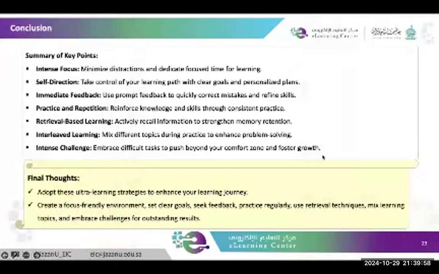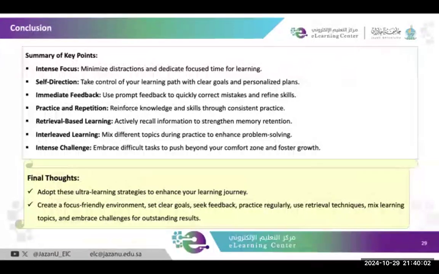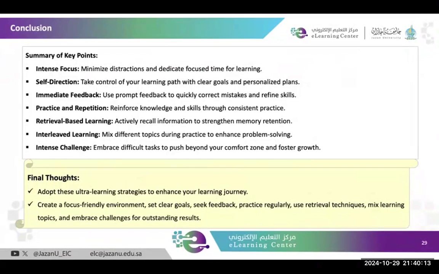So here is the conclusion for our session, a summary of the key points. We have discussed intense focus: minimize distractions and dedicate focus time for learning. Self-direction: take control of your learning path with clear goals and personalized plans. Immediate feedback: use prompt feedback to quickly correct mistakes and refine skills. Practice and repetition: reinforce knowledge and skills